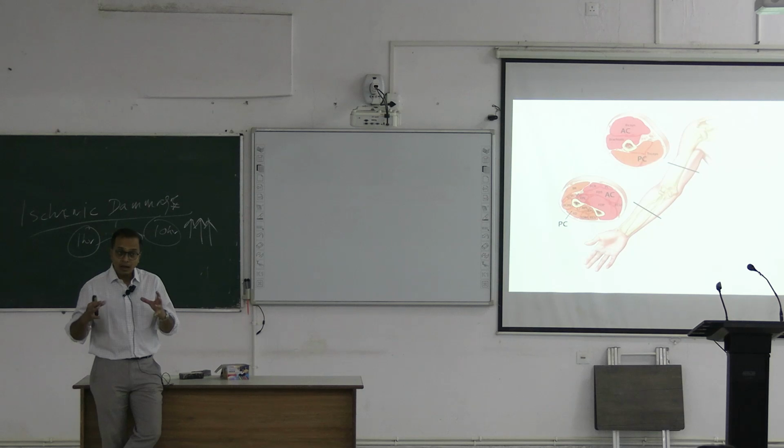So, if you have extra pressure within this particular compartment, that is going to cram the blood vessel, which means it is going to collapse the blood vessel. Blood cannot flow through it, and it is going to collapse the nerves which are going through. So, this phenomenon where we have increased pressure within a compartment, occluding the blood flow and the nerve